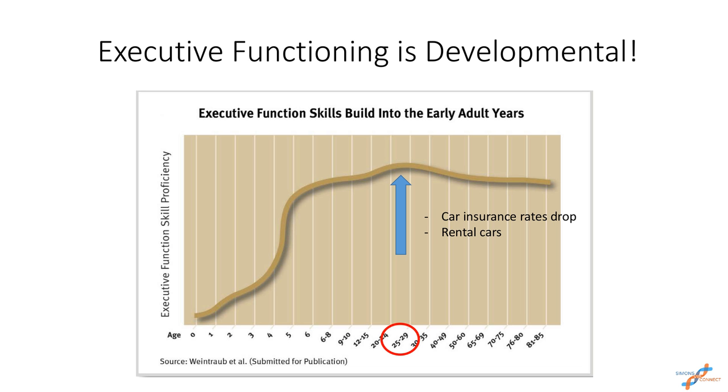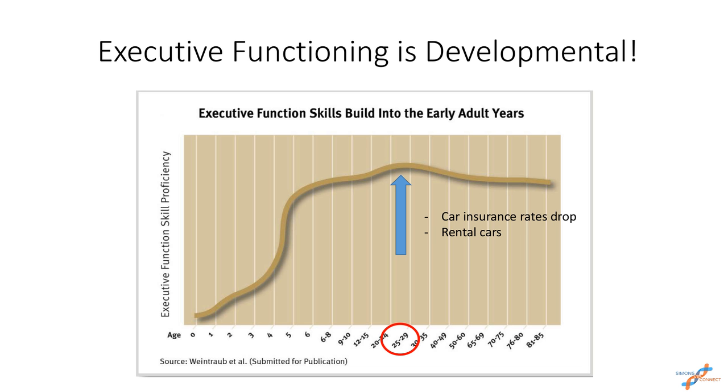But you'll see here that kids at that young age, you see age 0, age 1, even kids at age 1 do start to develop some early signs of executive functioning skills, but they really start picking up once we think about early grade school years, and then they peak between 25 and 29.